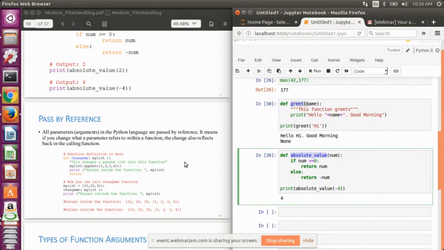If we are making changes to a list or a dictionary, then that change will be reflected outside the function definition also. So to make you more clear,